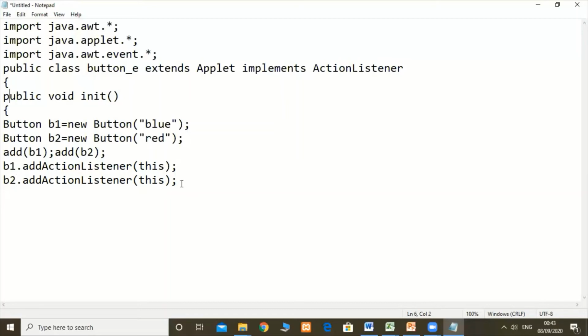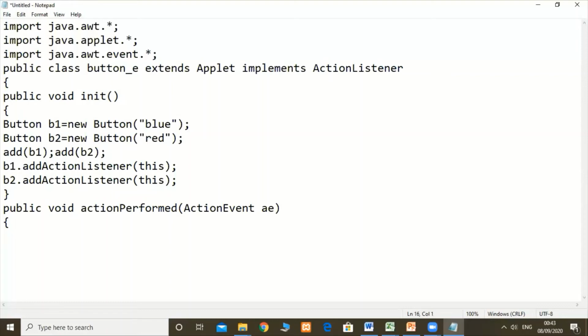Then close this init method and write here actionPerformed: public void actionPerformed(ActionEvent ae). AE is the object of the ActionEvent class.